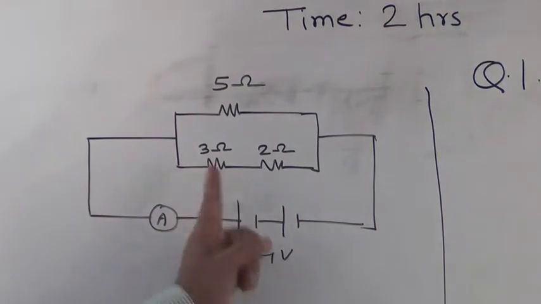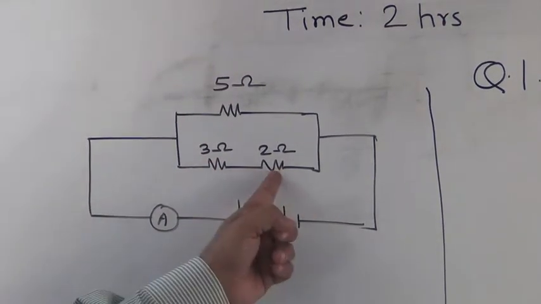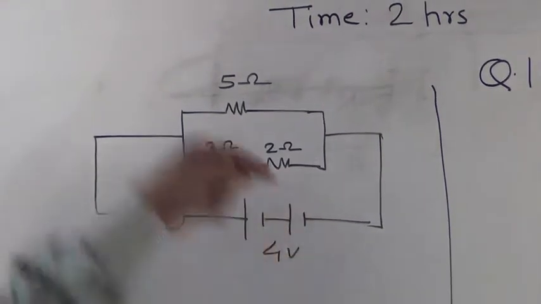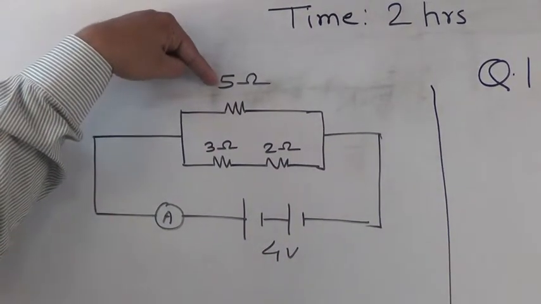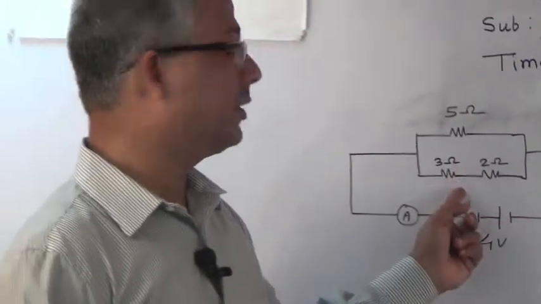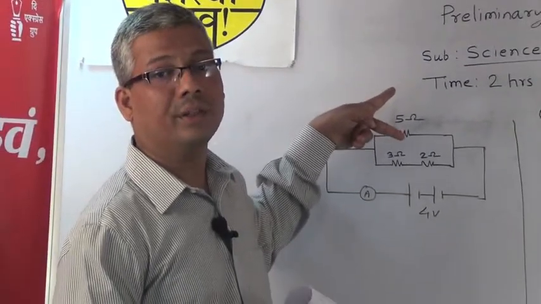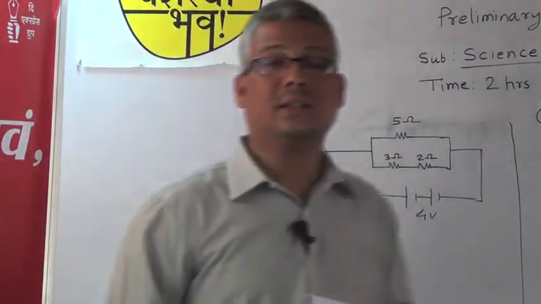So first of all, you have to find out the total resistance of this series combination, and that will be in a parallel combination with this 5. So here you have to do 2 operations, one for the series combination and one for the final answer for the parallel combination, and then you will get the answer.